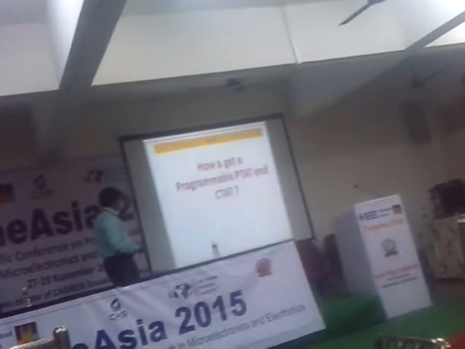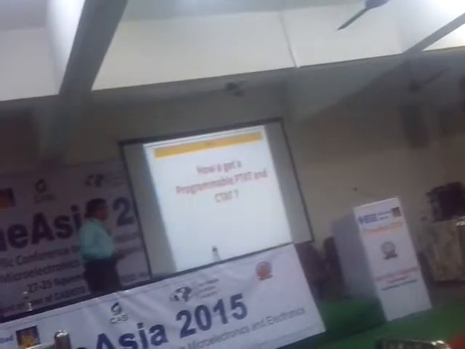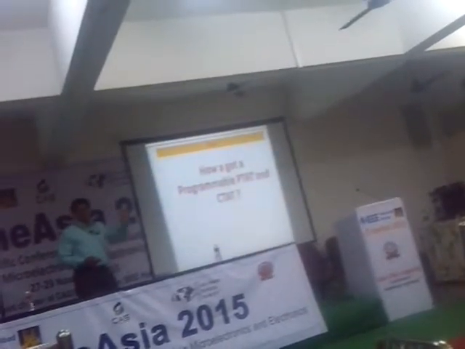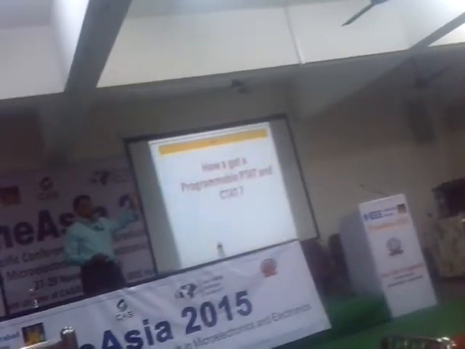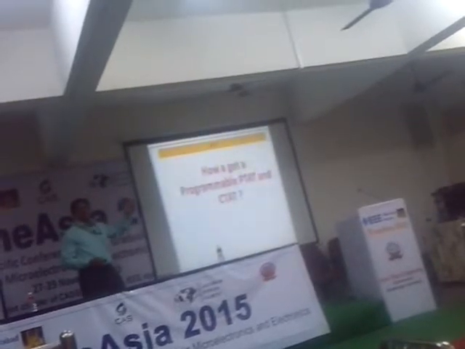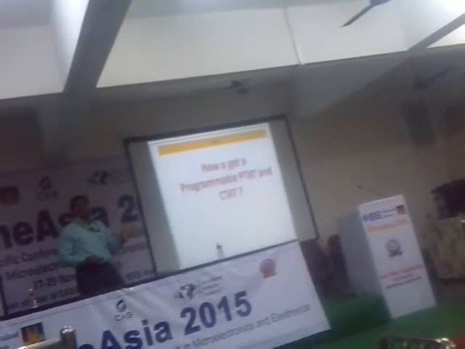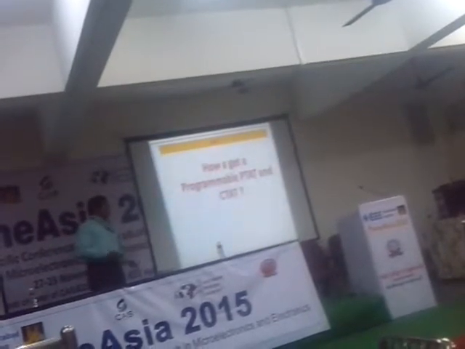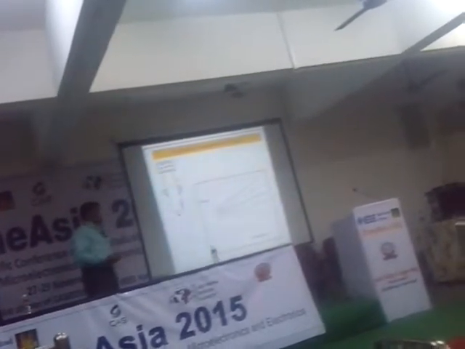Right. So how to get a programmable PTAT? Because we got a PTAT and CTAT there as they were naturally available. You have a diode there, you have a difference between diode currents, so that was naturally available. So how to generate our own PTATs and CTATs with different values? We will use the same circuit which we have used again.